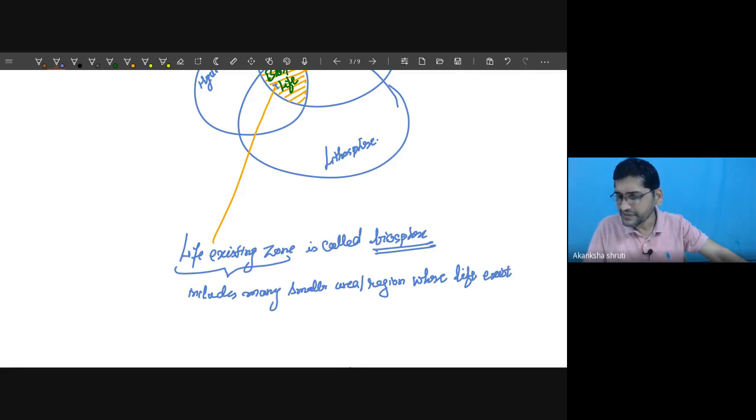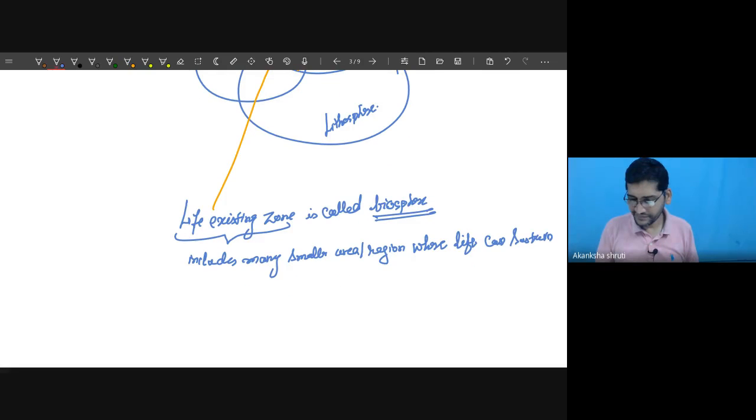Not only exist but sustain. Life can sustain. So this sustain means they will continue for a very longer time, not 1 year, 2 year, even for millions of years. So life can sustain,